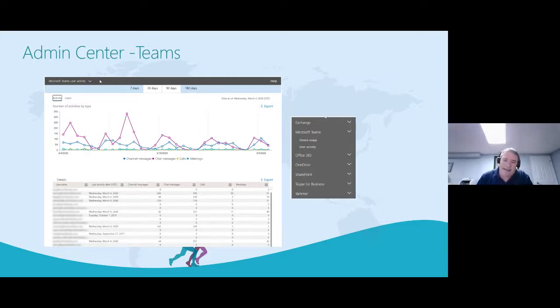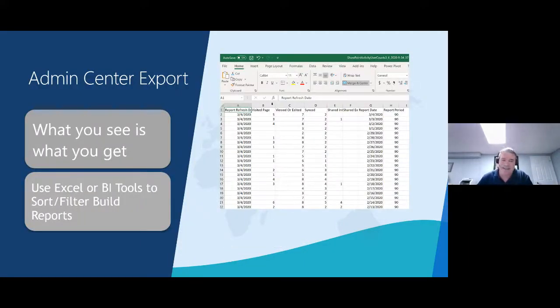So let's say you wanted to analyze this data. How would you go about doing that? As is often the case, Excel is your friend. We're going to take this data and export it out into an Excel format, and you will find that it's probably a little bit difficult to completely manipulate this within Excel. So oftentimes organizations will take this CSV file and pull it into another tool like Power BI. That allows me to do some multidimensional modeling, think pivot tables on steroids if you're very familiar with Excel.